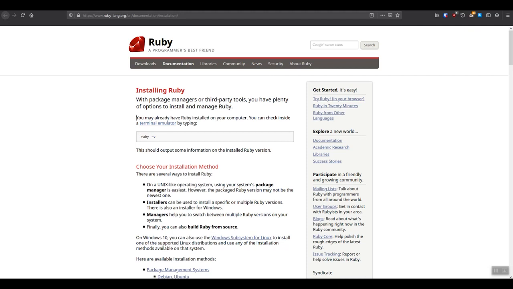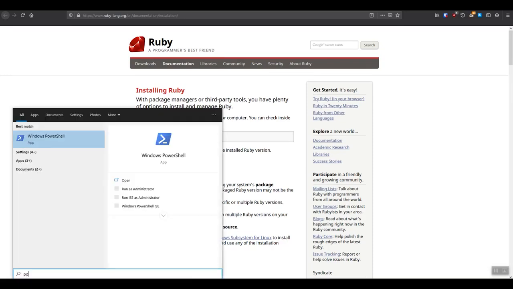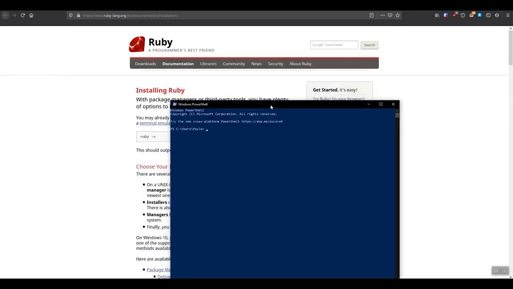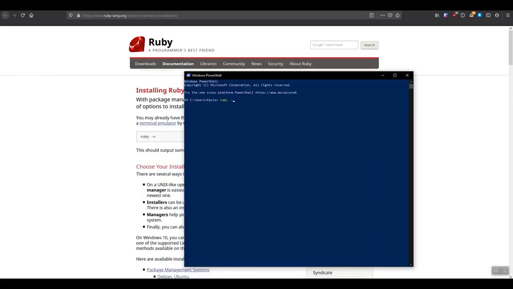If you're on Mac, type in Command F and then type in terminal to open it. And on Windows, we can open PowerShell. Then just type ruby space -v and enter. On my PC, I do have Ruby installed. And if that's the case with your computer as well, either Windows or Mac or whatever, then you do not